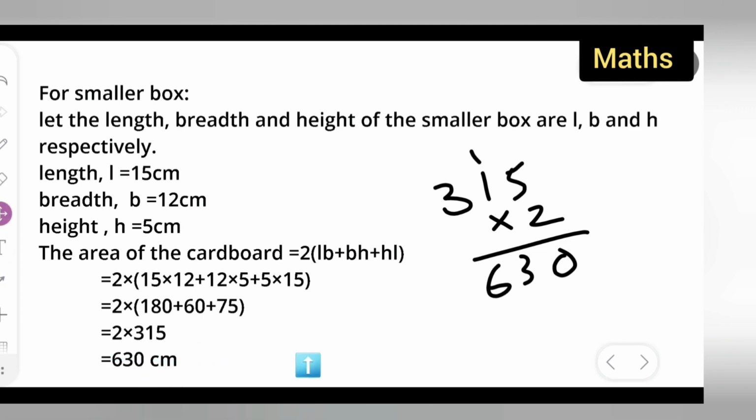630 centimeter square it is. Square. Okay. Centimeter square. Okay. Put a square over here. So moving towards the next part, let us